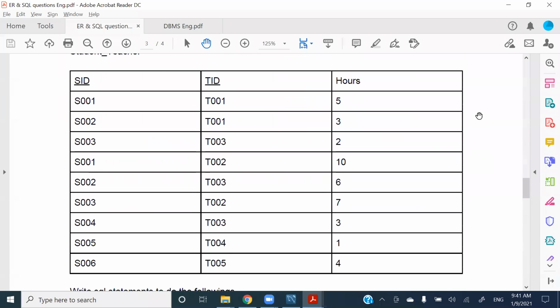The table has 9 entries. From these 9 entries, I'm asking which students participated in teaching sessions. If we look for the students, there are S001, S002, S003, and then 1, 2, 3 repeat again, then 4, 5, 6 is there. So practically, there are only 6 students